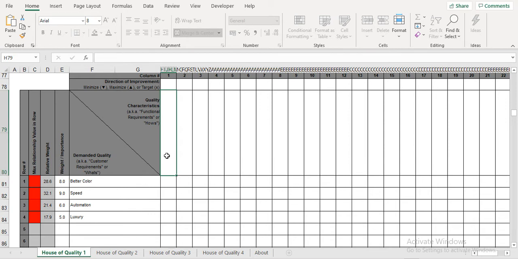So, better color means, like, maybe including crimson, or less loss of color. Less loss of color includes the fading of the color. So, based on the fading of the color, we need to describe providing better quality to the customer. Better color offered to the customer can be evaluated based on the time it took for the color to fade.